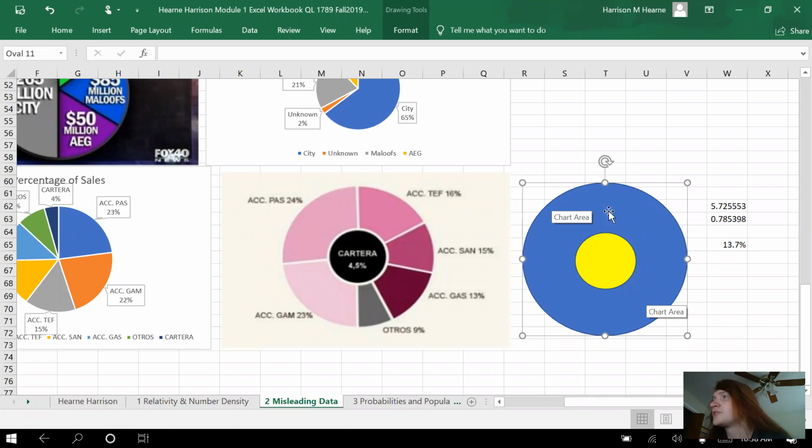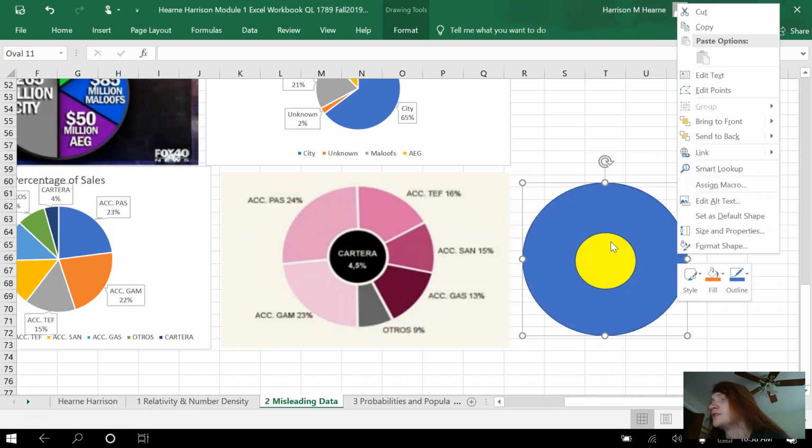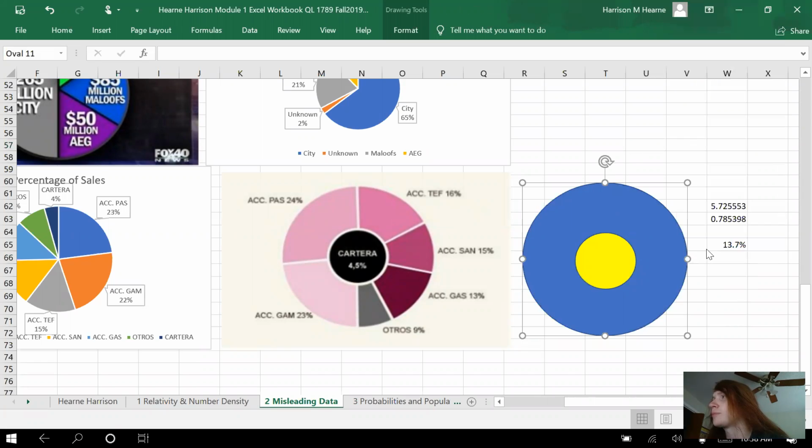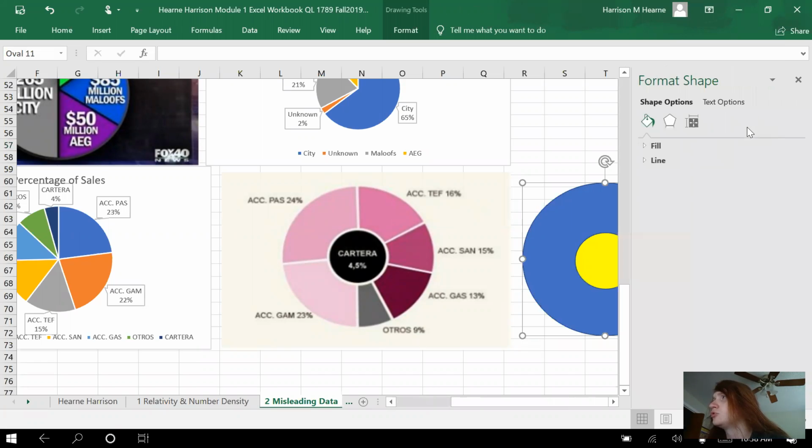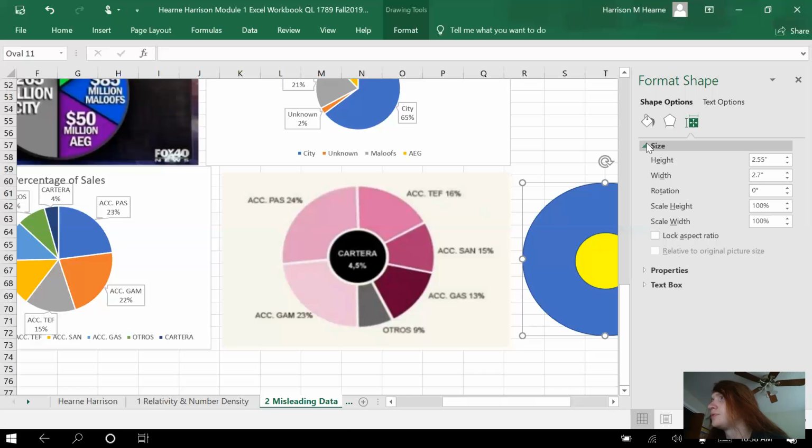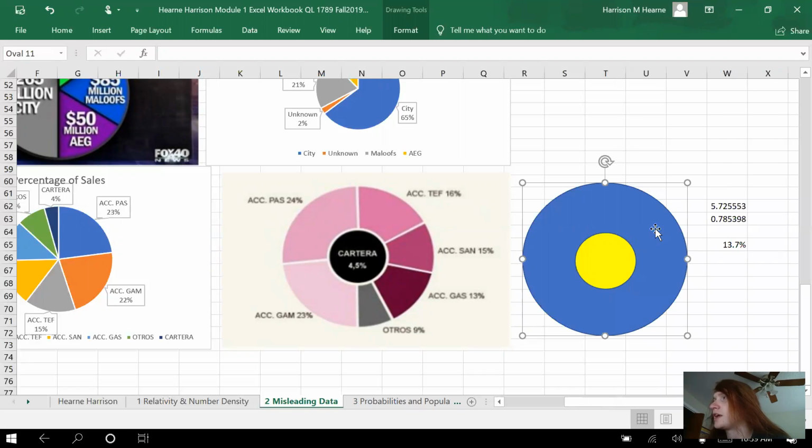So like I was saying, if you select your blue circle and you right click on it, sometimes it's a little finicky. If you get the one that just has 3 options, try moving your cursor around until you get this long list, and you click on Format Shape here. And if you go over to the Size and Properties tab, which looks like this, and you open up the size, you'll be able to see the area of it. So we took the area of the circle